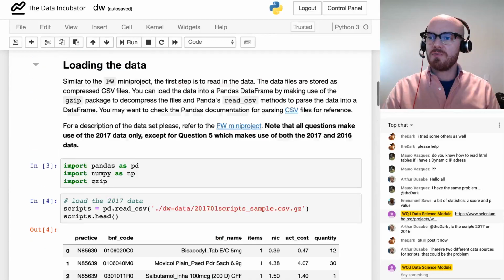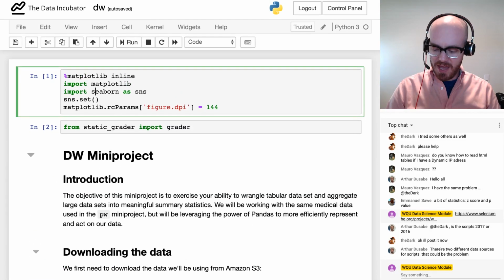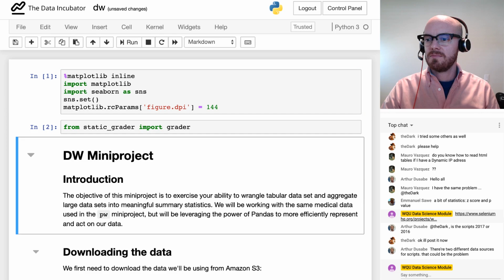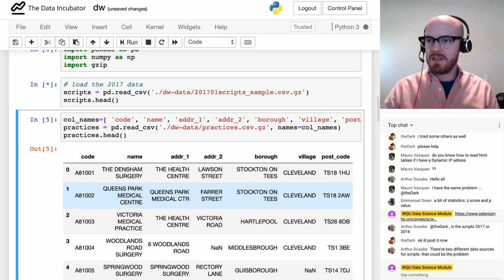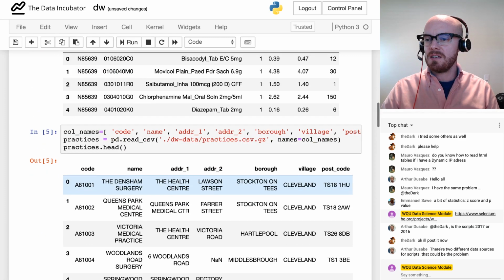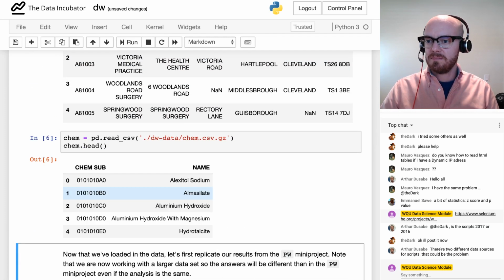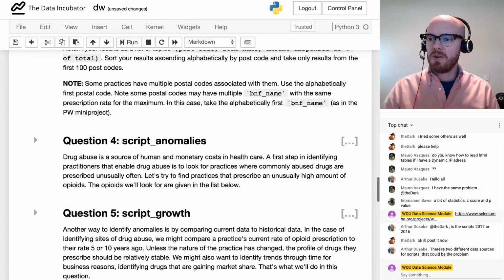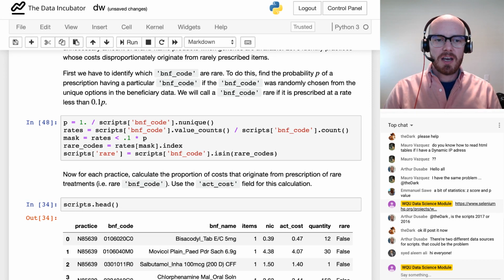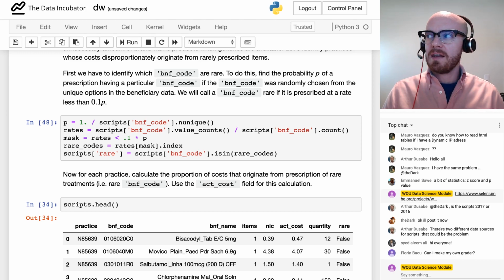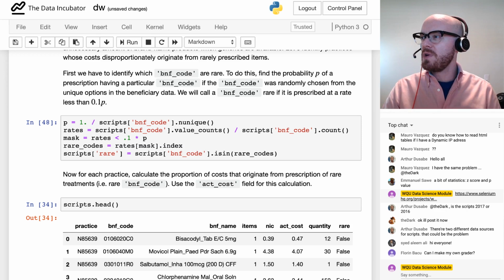Okay, let me just run a few cells here at the top of the page, and I'll import some of the data that we need. And then I'll go all the way down here to question 6. Syed is here. Welcome, Syed. All right. Now, just as a recap,